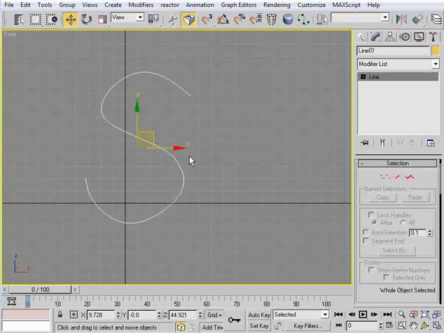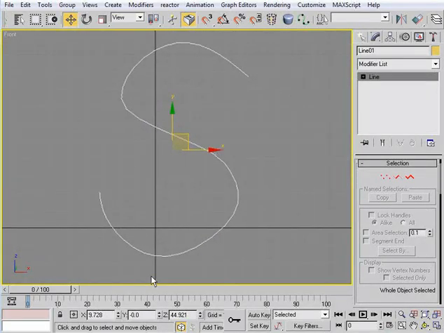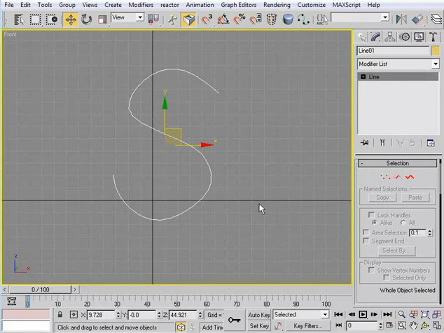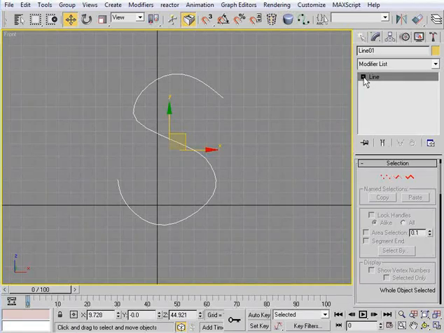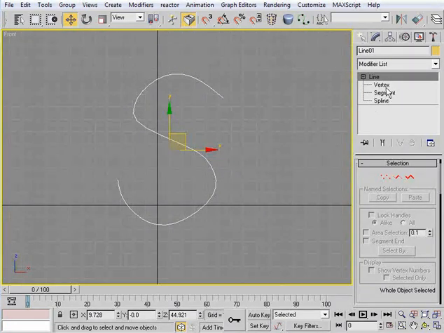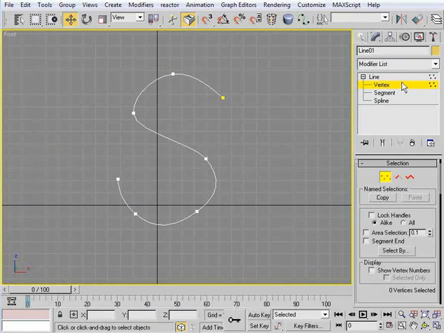Let's go back here to our first attempt at an S. And if we come over here, we see this is our modifier stack window. If we hit the little plus sign, it expands and it shows us that we have vertex, segment, and spline as more options. Now what these represent are the sub-object components of the line. So if we click on vertex, we see it turns yellow, and it highlights here that vertex is the active sub-object, and as we see,